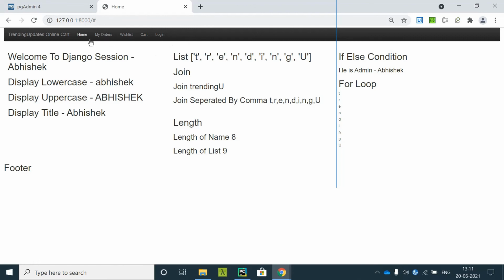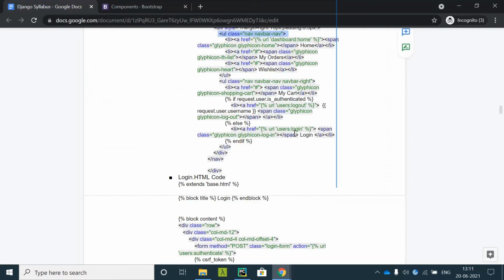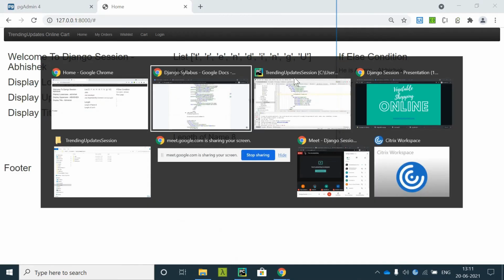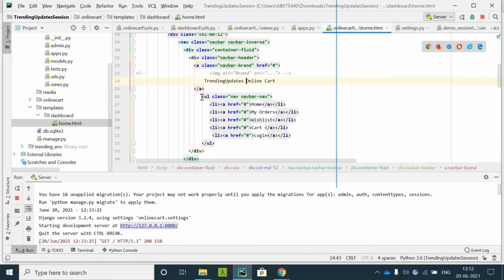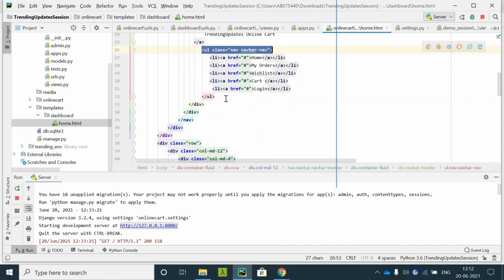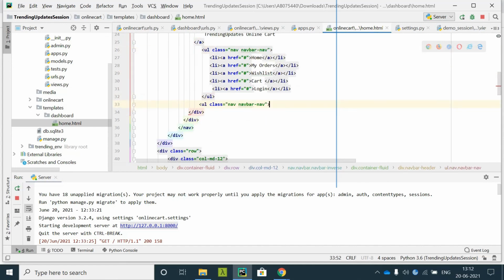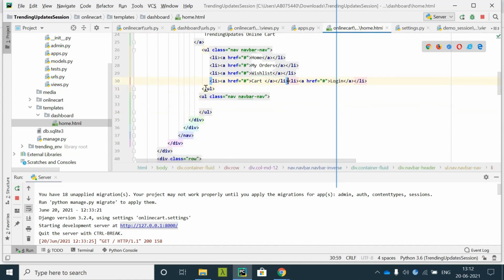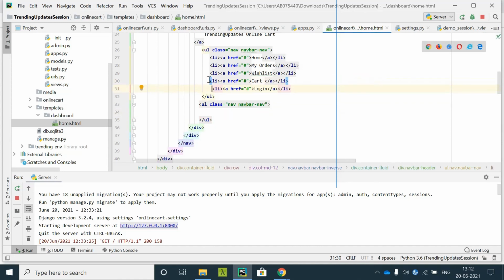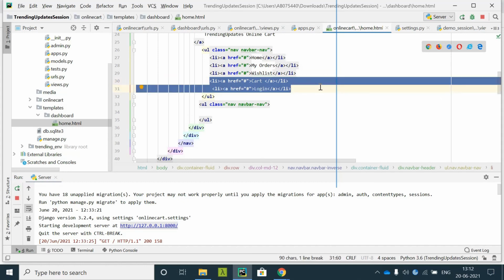Now you can see, we wanted cart and login on the right hand side. So how do we do that? To do that, we'll put this in a separate UL. I'll just copy this and put the UL, the unordered list, and inside it we want both the list items, that is cart and login.